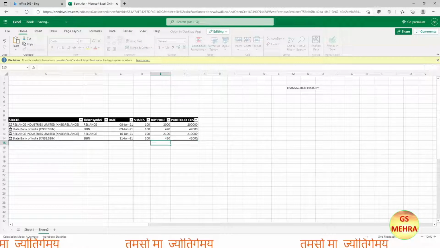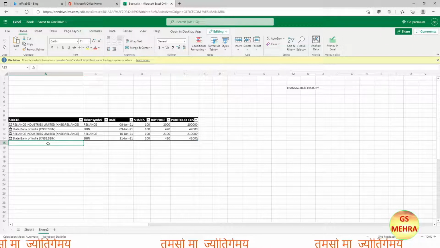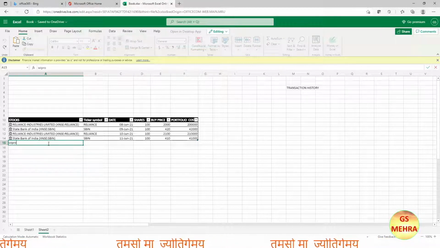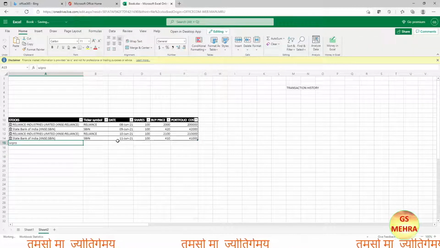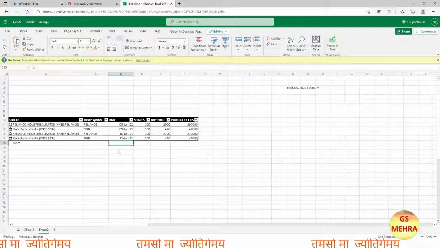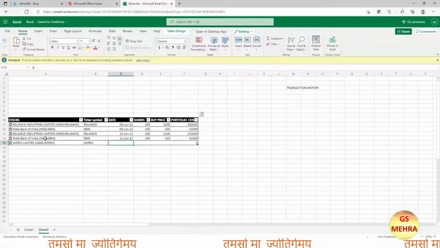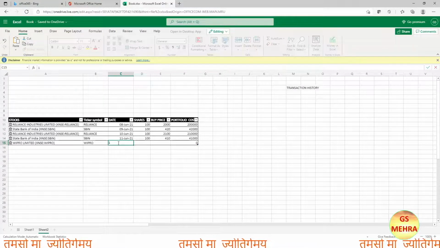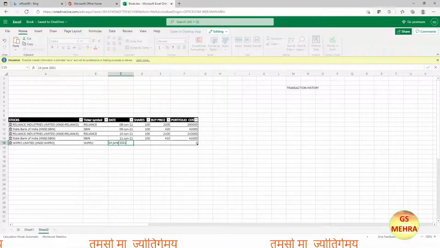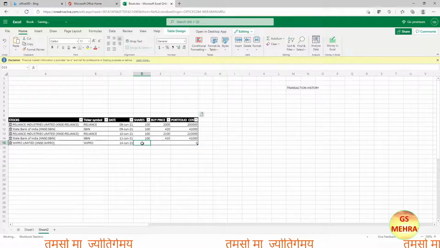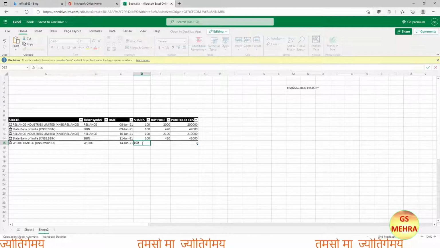Now let us increase further our table of transactions. So let us buy two different stocks other than Reliance and State Bank of India. So let us buy Wipro. So we'll write here Wipro, and it has automatically understood that we want to buy from National Stock Exchange. So this also, let us say buying on 14th of June 2021, and let us buy 100 shares.